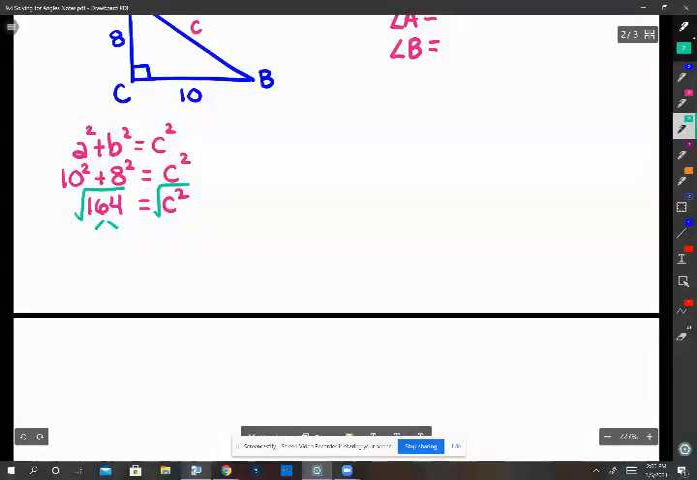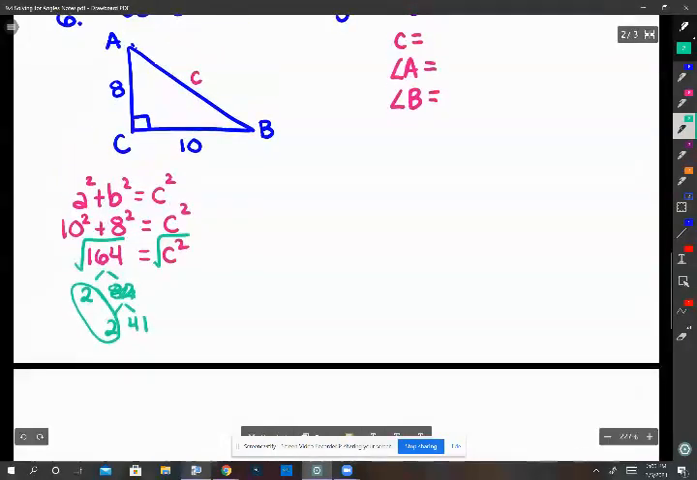So as we break this down, 164, let's just divide by 2. So 2 is going to give us 82. 82 is going to be 2 and 41. And then 41 is prime. So we're looking for a pair. So we have a pair of 2's. And so our C value is going to be either 2 root 41, or if we want to, we could